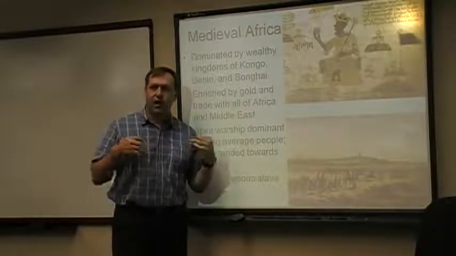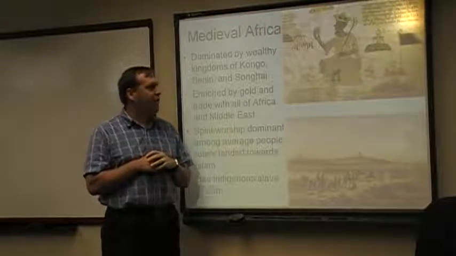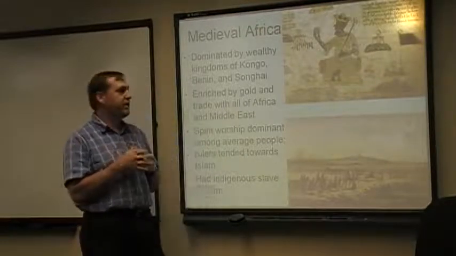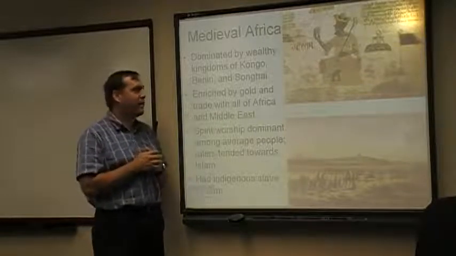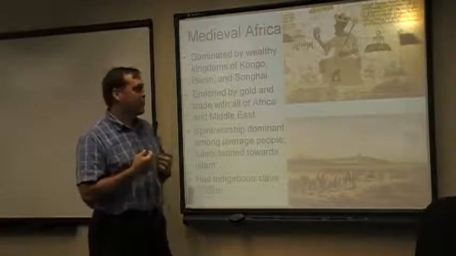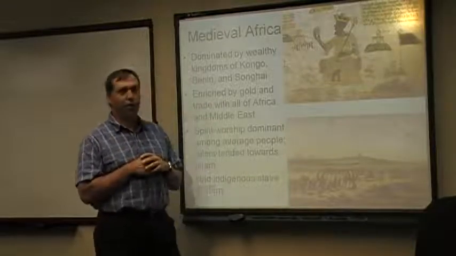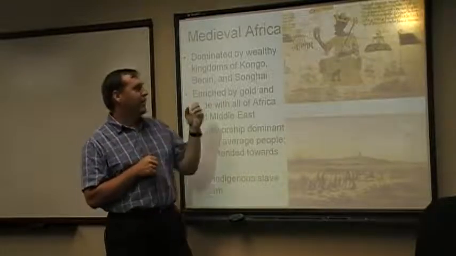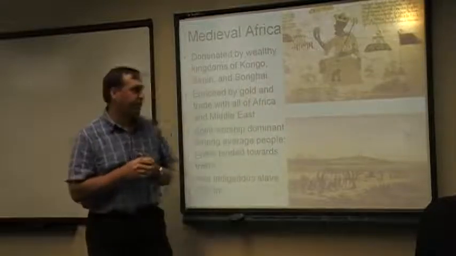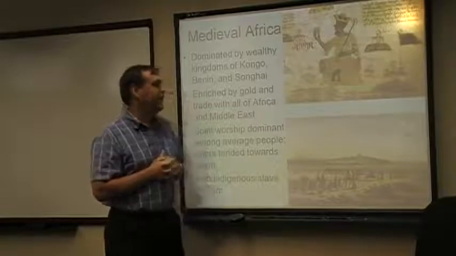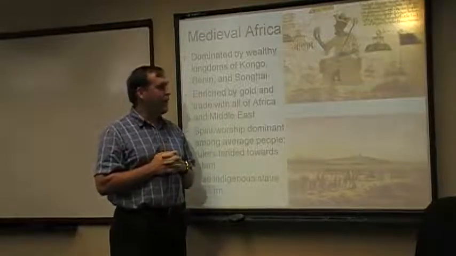You have strong nation states that are developing with trade ties between themselves and also with regions that are outside of West Africa, walled cities, regular militaries, monarchies with extended family groups that are running these countries. In fact, a good print here, this Portuguese print from the 1400s, gives us an idea of what medieval West Africa would look like.